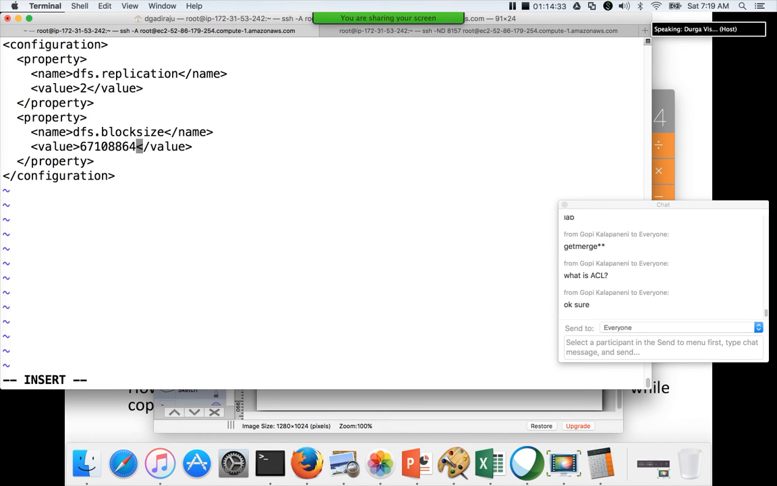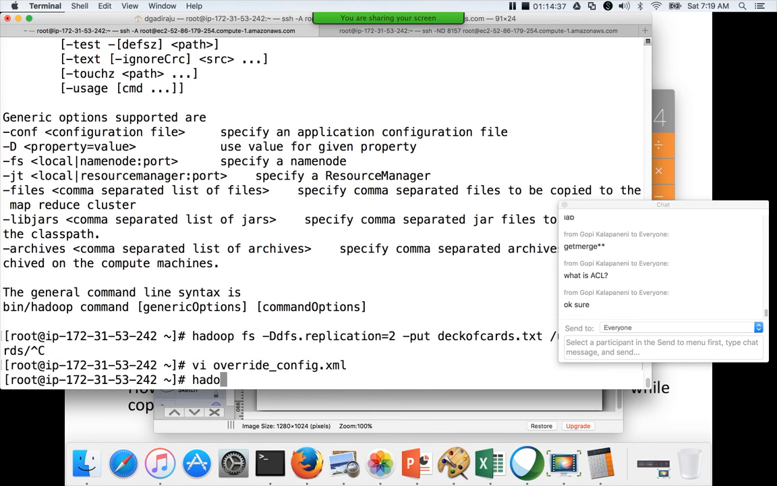67108864. Okay. Now I can remove that file. Hadoop FS -rm /user/root/cards/deckofcards.txt,